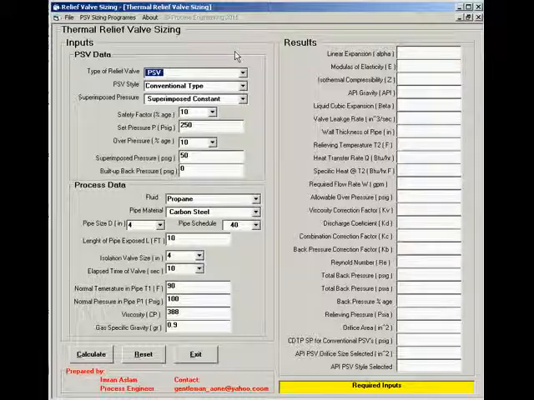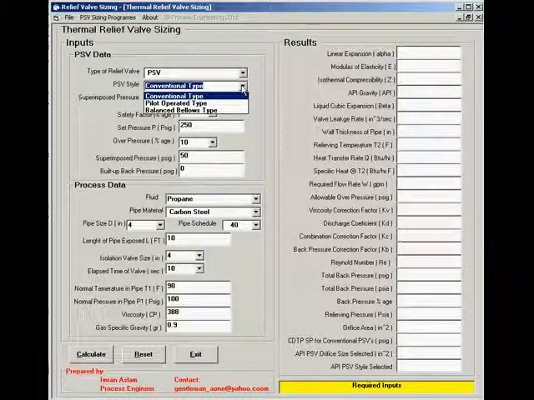Now let's start with the PSV data here. The first thing is the type of the relief valve, which can be selected from this list. Let's say, for instance, I will select PSV. The next thing is the PSV style. Here in this list, three basic PSV styles are given, namely conventional style PSV, pilot operated style PSV, and balanced bellows style PSV.